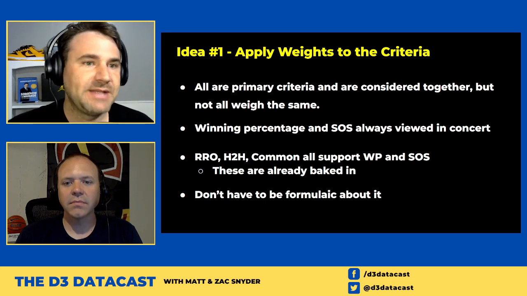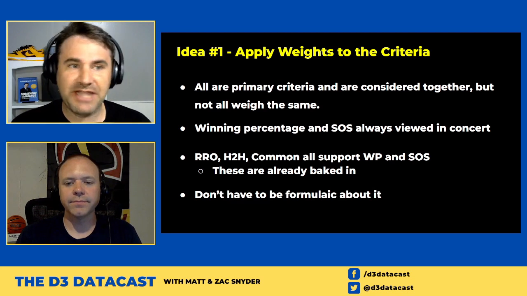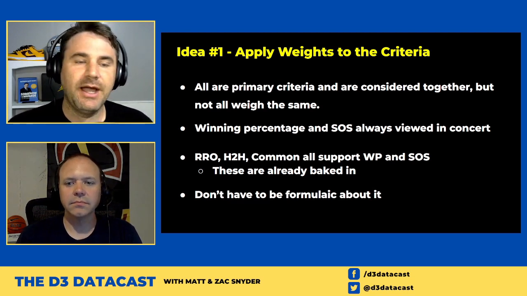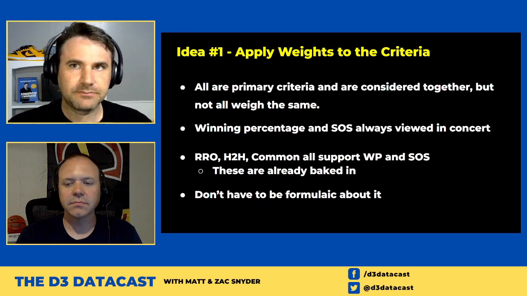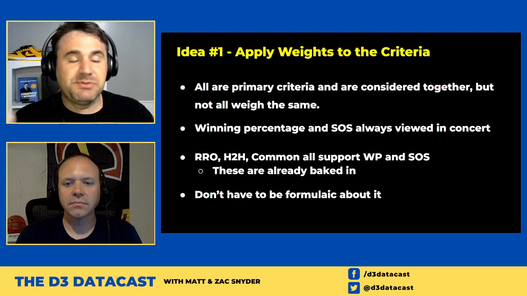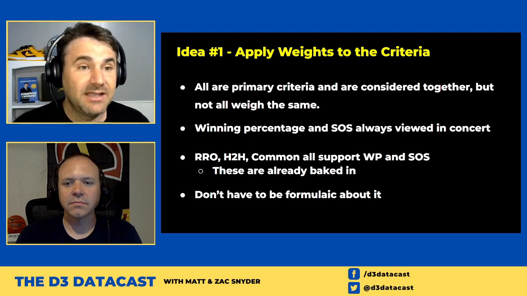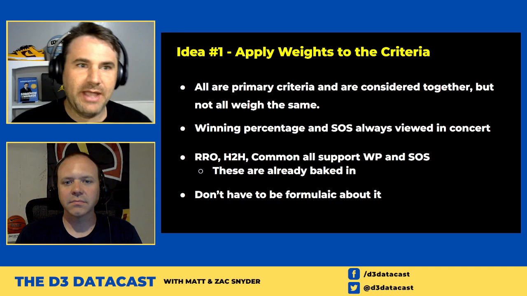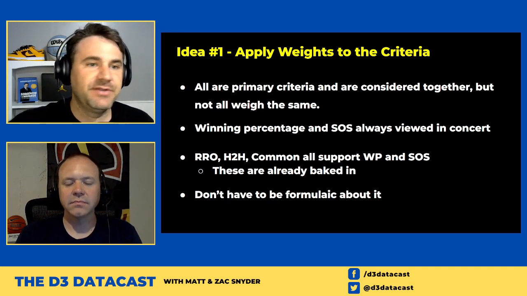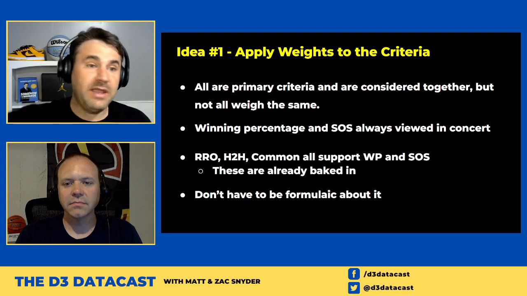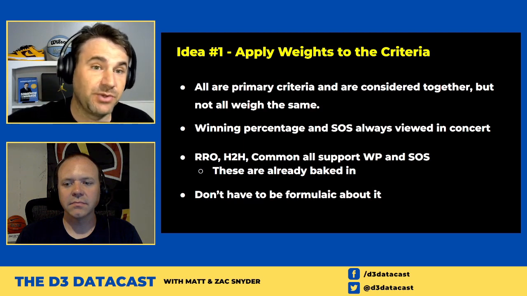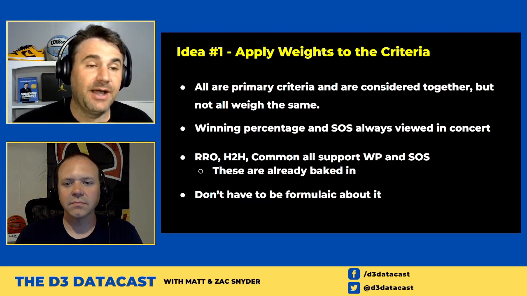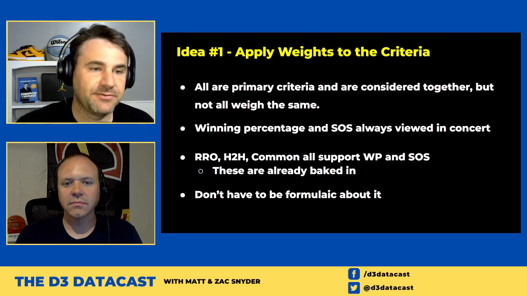And by saying applying weights to the criteria, I don't even necessarily know we need to prescribe that this counts for 60% or 70% or 2/3. I just want it to be called out that these maybe are the first things to look at, and that these other things add flavor and support that. So maybe not a specific formula. It'd be hard to make these things too formulaic, but this is how I personally see it, and I would like the committees to maybe look at it this way as well. So we're not getting into a situation where a couple of additional regionally ranked games are overweighing several percentage points of strength of schedule and winning percentage difference because some of those games happen to be regionally ranked or not. I want those to be marginal differences and not big differences.